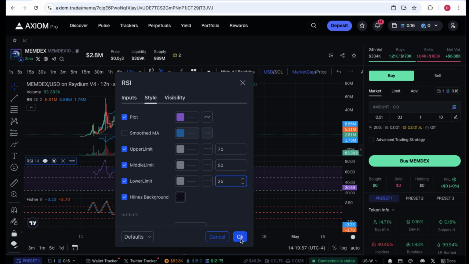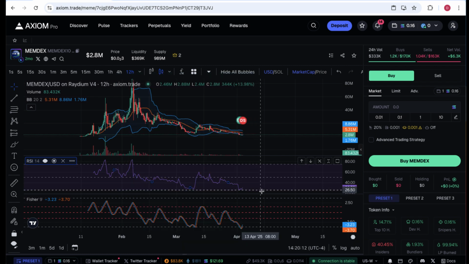Sometimes with the 20 you won't actually get a touch. So for this, the 25 on the RSI is going to be really healthy. Like I said, you can do the top as well. I can take the top and put it to 75. It'll be 75, 25 on the RSI. We don't do anything to the middle. Boom. So now these lines are a little bit more spread,